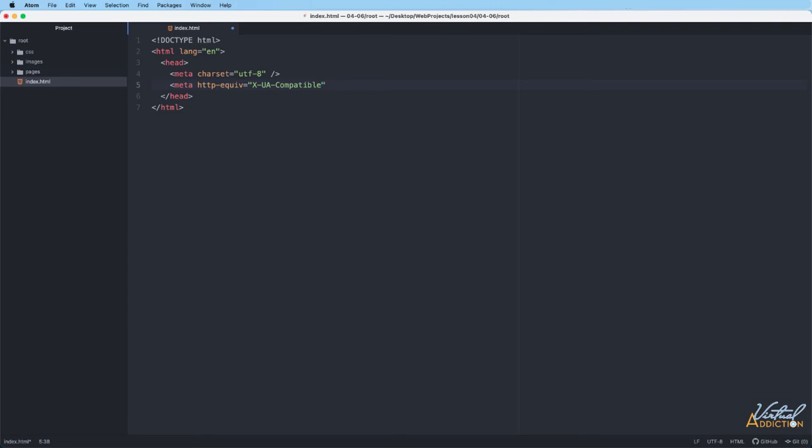In addition to this, we will add content equals, and then inside of the quotes, we'll put IE equals edge. Edge mode tells Internet Explorer to display content in the highest mode available. This is recommended. Personally, I always use this line when making this particular meta tag, as older versions of IE